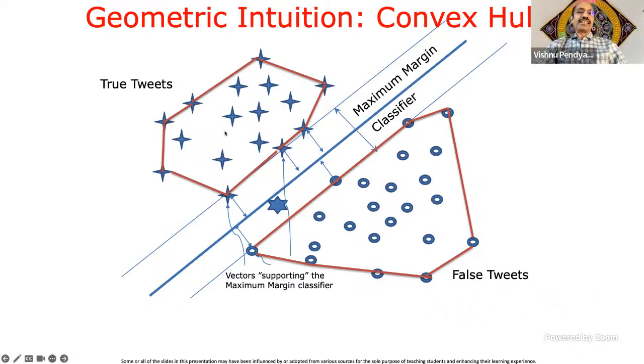The intuition is that both sides of the data points form convex hulls, right? And the points are linearly separable only if the convex hulls do not intersect. So only if these two convex hulls do not intersect can we separate them with a straight line. If they intersect, you can visualize easily, they are not linearly separable.